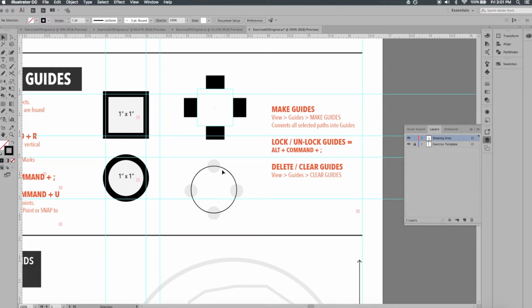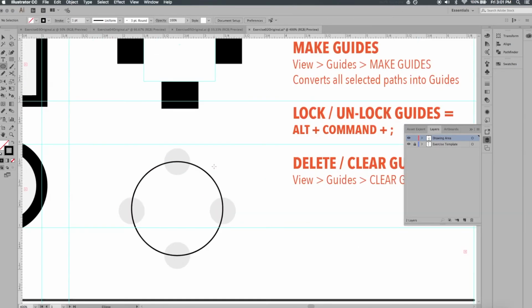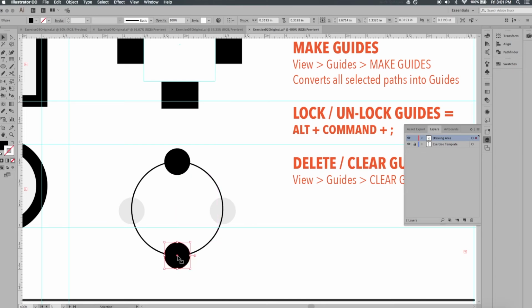I'll go ahead and keep this as a shape and use my ellipse tool. And using the smart guides, I'm going to find each anchor point. There it says anchor. I'll hold down on the Alt key, hold down on Shift, make a circle, Shift X, and now I can copy this. So I'll hold down on my Alt key, hold down on my Shift key, and I'll line that up. So it's going to intersect. Hold down on the Alt key again. And right now I'm using these smart guides to find those